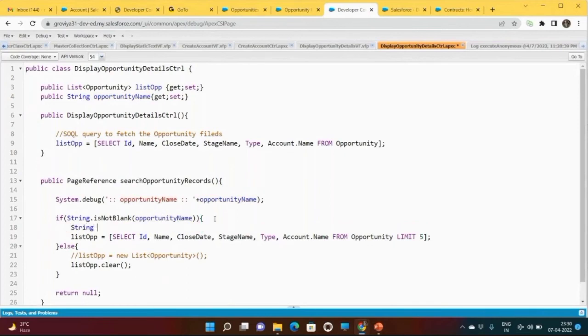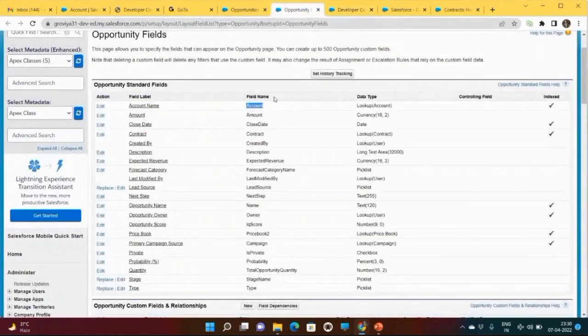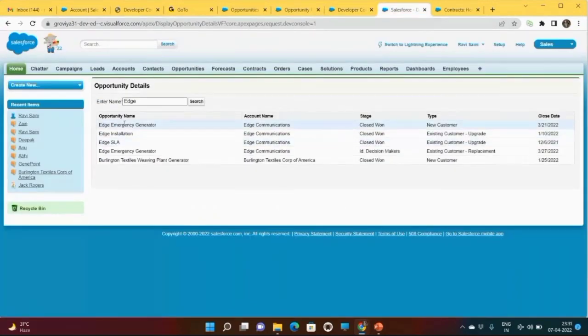So let's create one string, str opp name equals to, we have to do a pattern search, means we will search on the basis of a pattern. If we have the data it should try to find it from the entire name. Entire names means, let's say we have this detail. If I search for emergency it should search in all the data in the names. It shouldn't search only the first or second, it's really going to search in all the letters of that name. That we call pattern search,